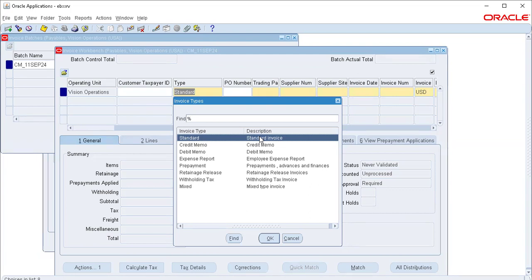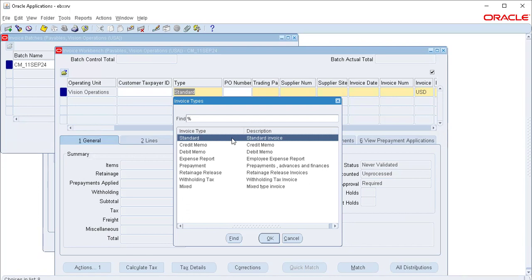But once you receive goods and the invoice, you realize that there are some goods you have returned, or some goods that you never received. So you request a credit memo from the supplier. You'll go ahead and book the standard invoice, the first invoice that you received, with the amount that you received. For instance, let's say